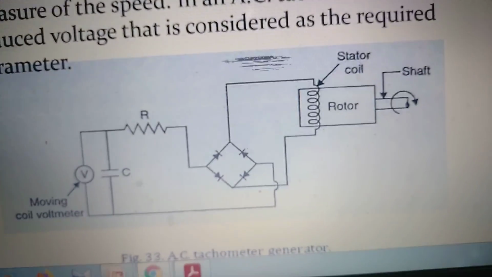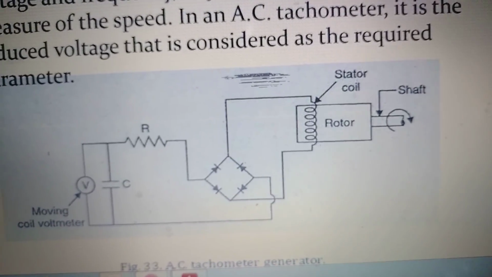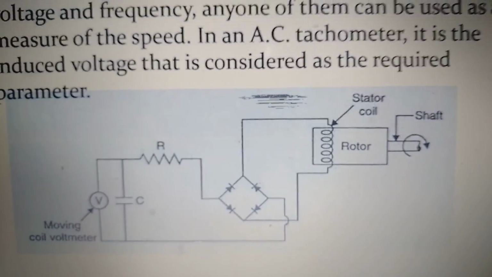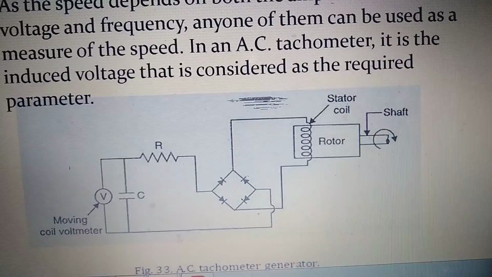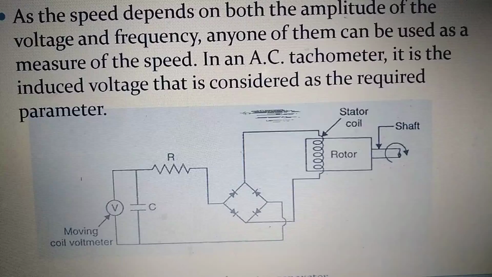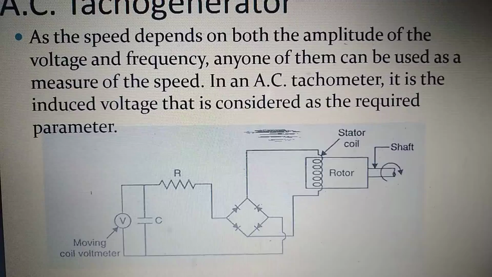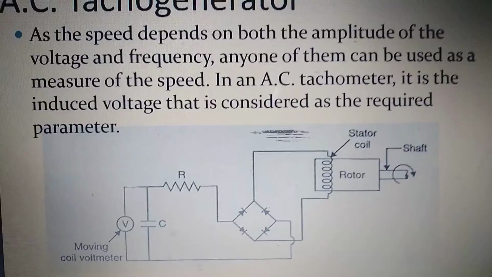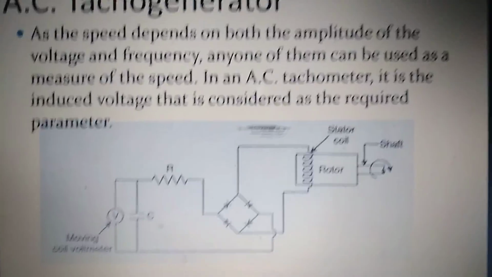So the main applications of this AC tachometer are normally in automobiles, two-wheelers, and measuring the speed of drilling machines. The main advantages of the AC tachometer are low cost, low maintenance, and accurate values in terms of RPM. The main limitation of this AC tachometer is this: to avoid shocks, we use insulation on the circuit, and to avoid stray magnetic field effects, all the circuits are insulated. That is the only limitation.